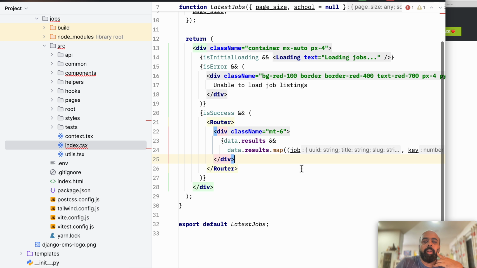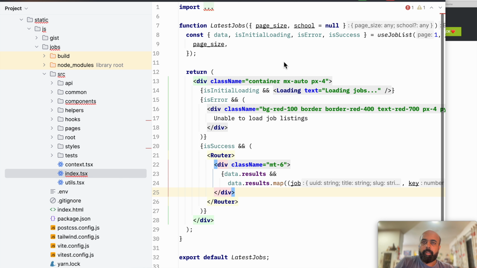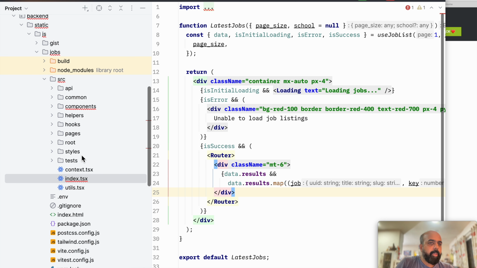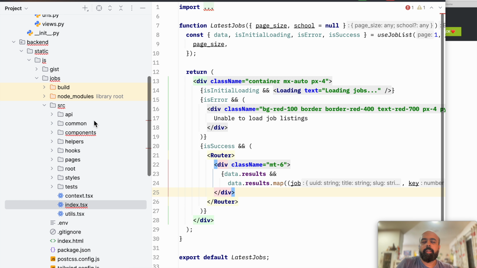Now let's see how we could integrate this further. This application just lives inside this location, and it is pretty much an independent React application that you could just run. So you basically have to cd to this directory and just run npm run start or yarn start, and it will run it for you. It's very loosely coupled in that sense, so that you don't have to integrate using a Django based build system,